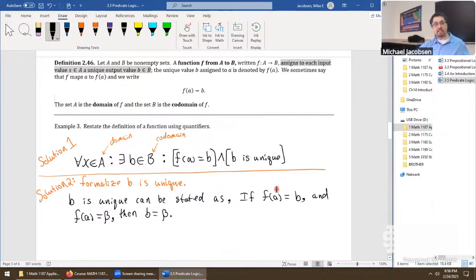If something maps to it, then map to it again by the same input value, your outputs had to have been the same. This is just by the nature of being a function. And if you think of a graph, this is essentially just the vertical line test for determining if you are looking at the graph of a function. Okay, well, this is an ordinary statement in its own right, so we can formalize and write this as